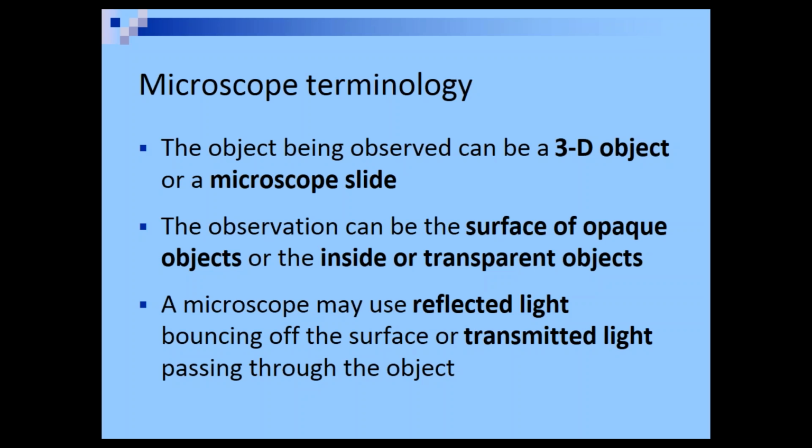So first, we want to go over the different types of objects you can look at, light used, etc. And then I'll assign them to the proper microscope. The first thing that I want you to recognize is that the object that you put under a microscope can be a 3D object. That means like a bullet or a thumb or